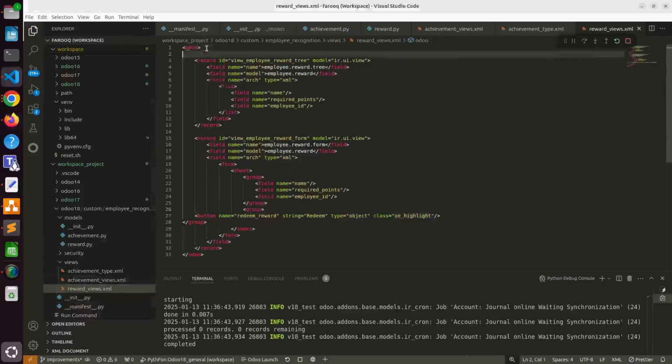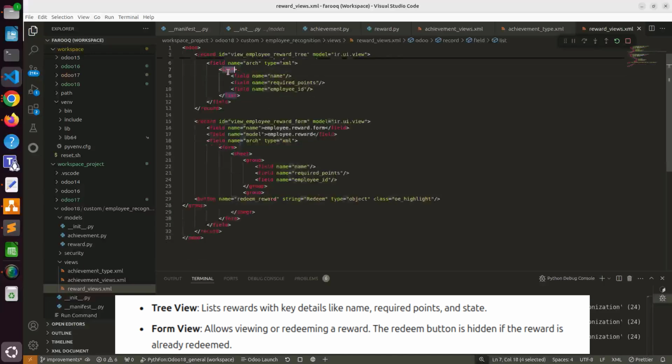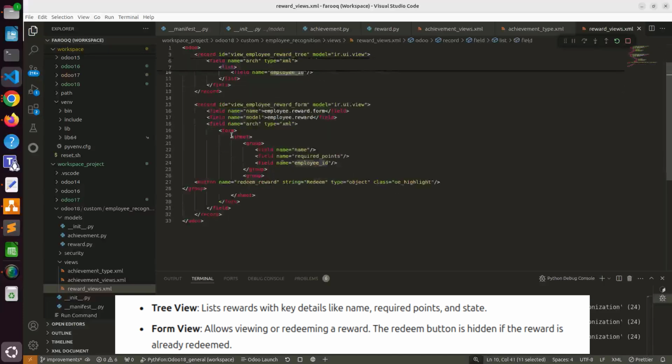Right. So in here in reward views, we have added the first list view, and this is the ID for the list view. Then the model specifies the model for which the view is being created, employee.reward. And then field name is equal to arch, type is XML, contains the XML definition of the list view. List specifies the fields displayed in the list view. First is name, then required points, and then employee ID. Then the second is